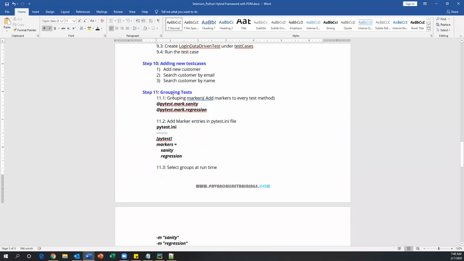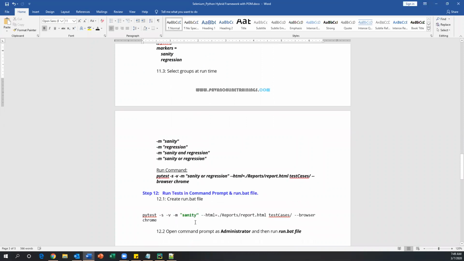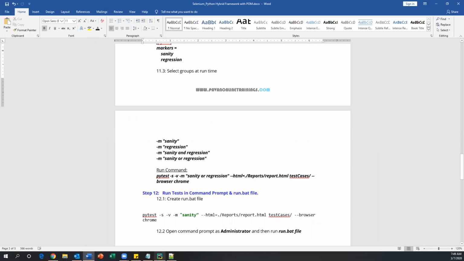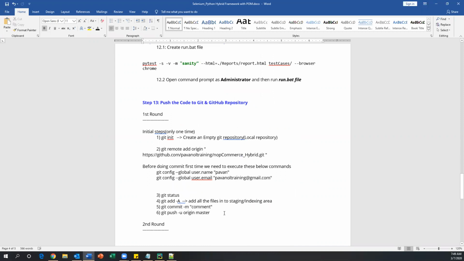So in execution, grouping of test cases will come. If you want to execute a specific group, we can execute. We can run our test cases without using PyCharm also. We can run through command prompt, and then we can run our test cases in Jenkins. And then finally, we will maintain our complete test case framework in one common place, which is called a version control system. So if I divide the entire framework into 3 categories, one is design and implementation, second is execution, third is maintenance.